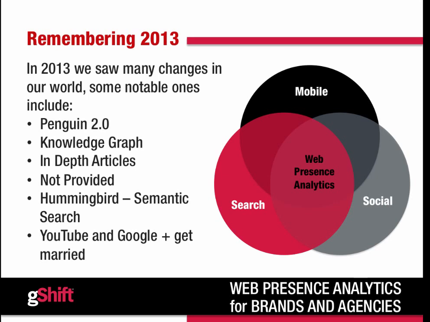Hummingbird was the biggest Google update to their search algorithm in over 10 years. It affected 90% of all searches, but not in a negative manner such as previous updates, Penguin and Panda, Caffeine, for example, in the past. Hummingbird actually went mostly unnoticed for a full month before Google announced it. And it's actually a focus more on quality and relevancy of results rather than focusing on getting all the bad stuff out. It's more focusing on getting more relevant content to the user when they're searching. It's particularly helpful for voice search, also known as conversational search, and mobile results.